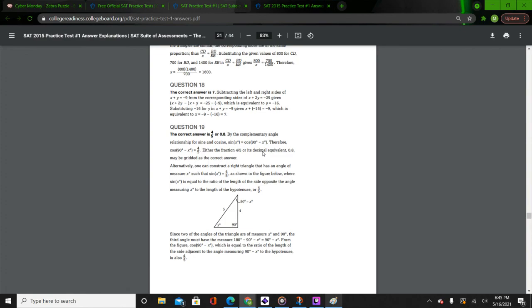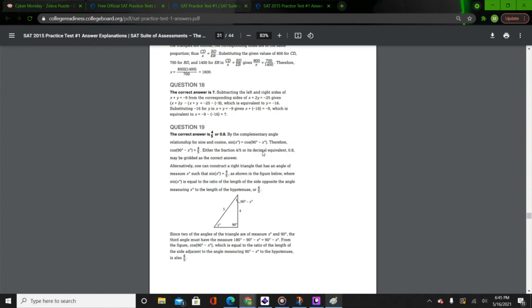The correct answer is 4/5 or 0.8 by the complementary angle relationship for sine and cosine. Sine of x is equal to cosine of 90 minus x. Therefore, cosine of 90 degrees minus x is equal to 4/5. Either fraction, 4/5 or 0.8, are just equivalent. Alternatively,